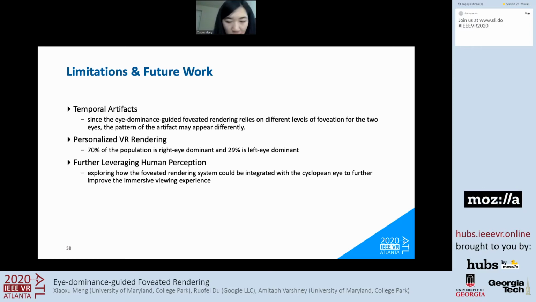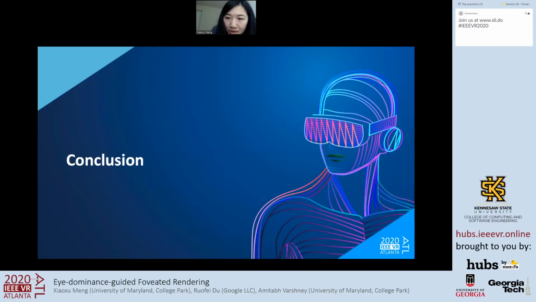And the second limitation is that the application must be personalized. And thirdly, we plan to explore how the foveated rendering system can be integrated with the Cyclopean eye to further improve the video experience. And finally,